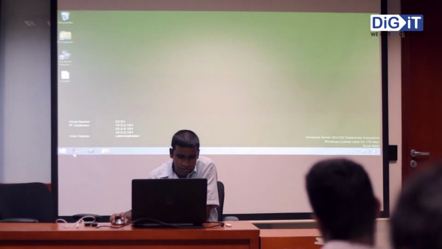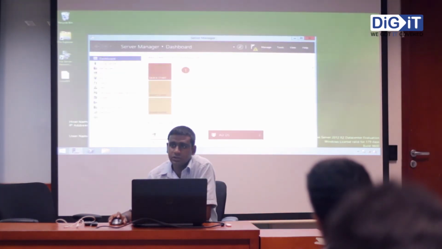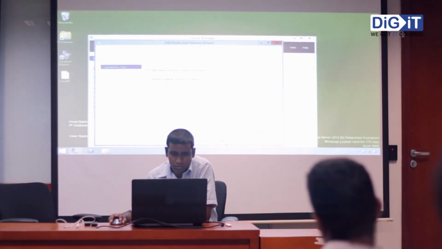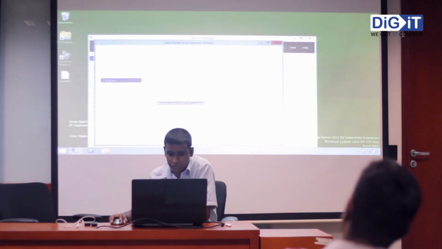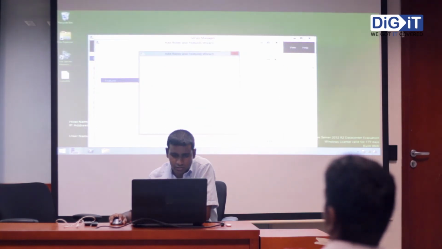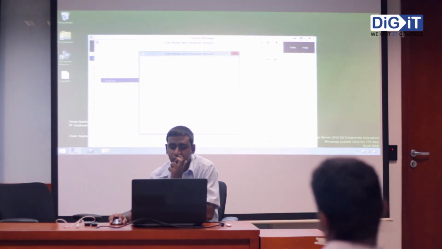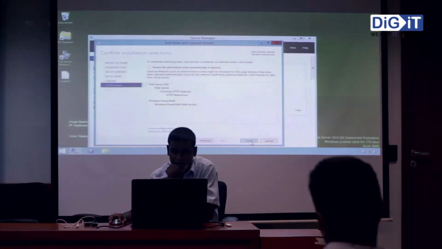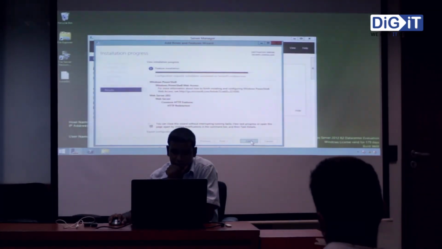Okay, I am going to open up Server Manager on DC01 again. Now I am going to install the PSWA role. So I am going to install on server 1. It's a feature actually. When you click this Windows PowerShell, you can see that PowerShell Web Access is a sub feature. You can enable this, and it requires IIS and HTTPS redirection. So I have selected those as well, and I'm going to install that.